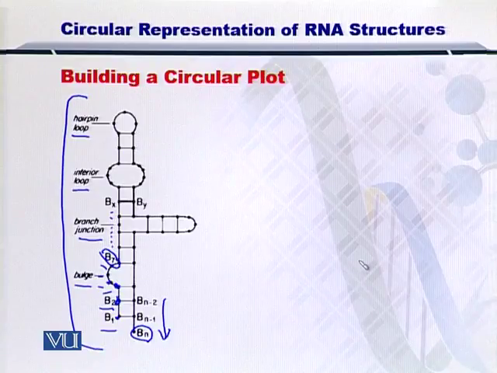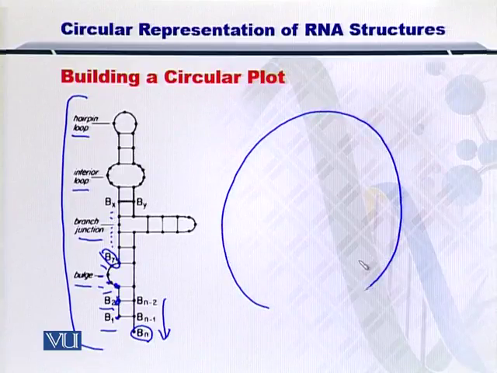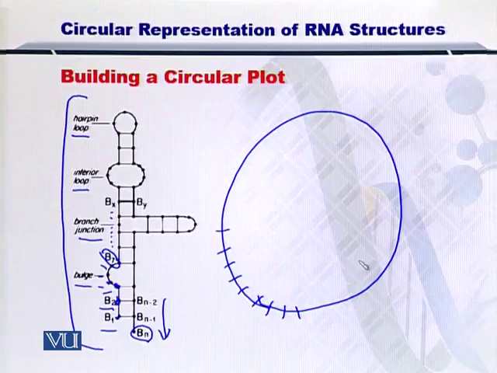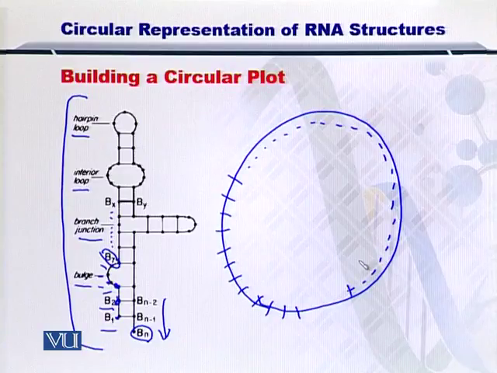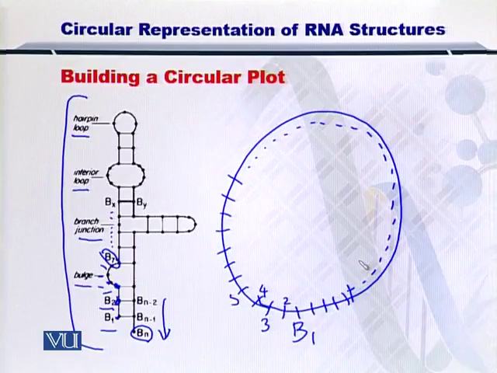then you can proceed to draw a circle like this, and then you can place each nucleotide starting from the first one on its circumference. Let's draw the ticks representing each nucleotide in this RNA structure like that. Now you can start by labeling it B1, 2, 3, 4, 5, 6, and so on, and